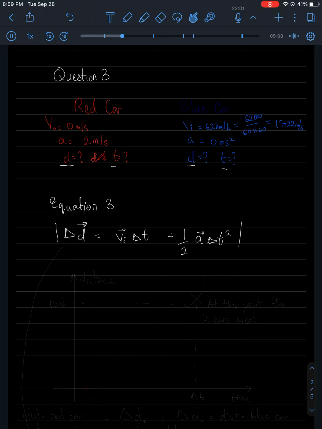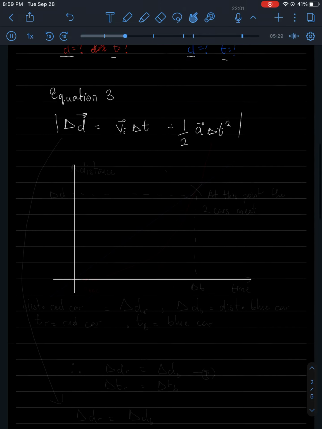The way you probably go over this in class is going at the equations first. But one way I always recommend solving questions like this is doing a visual representation. So this is what I mean. You're supposed to draw a graph at the end, but with the information you have, you can actually sketch a graph at the start. You know the blue car,